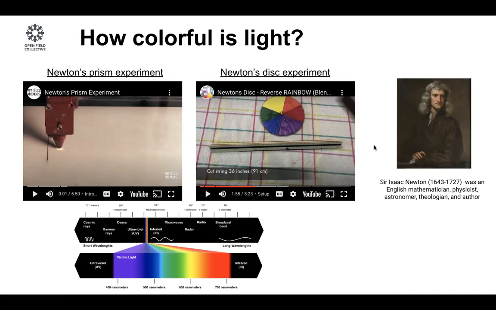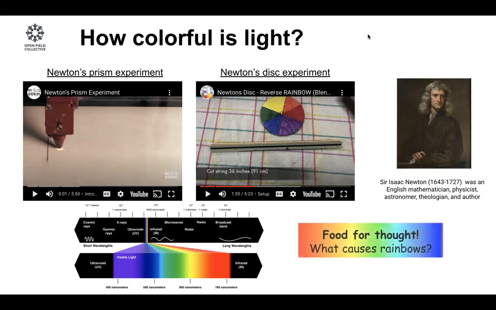So the next video is another example where, if you have a disk with all the 7 colors and you spin it really fast, you can make all the colors disappear, indicating that you can split white light into all the colors, and you can make all the colors be perceived by our eyes as white light if you spin them really fast. So all these experiments that we teach in school these days were done by Sir Isaac Newton, maybe 500 years ago. So he was the pioneer in doing all that and trying to see what light is made up